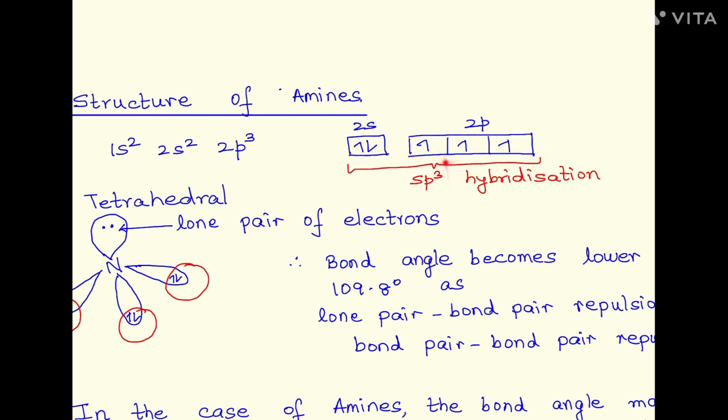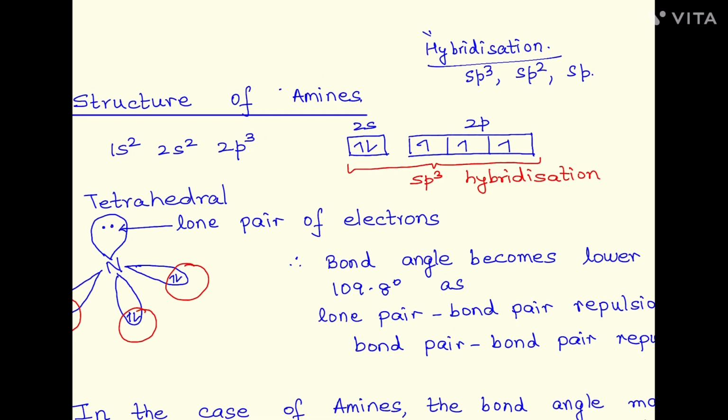Now if all these words are sounding a bit alien or unknown, then we have a separate series of videos on hybridization. I would advise you to go through those videos where we have dealt with sp3, sp2 and sp